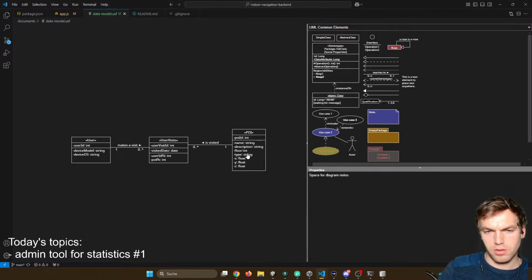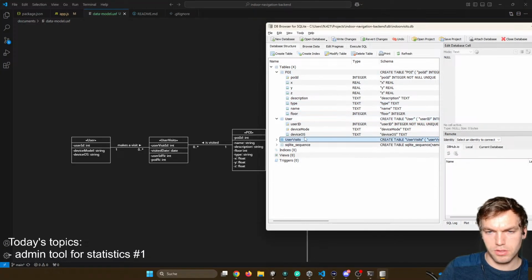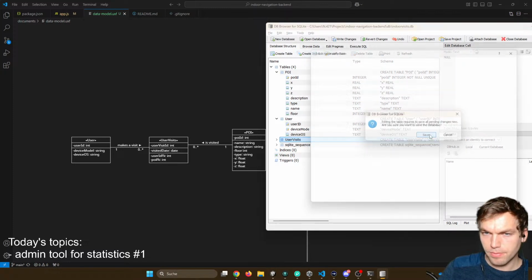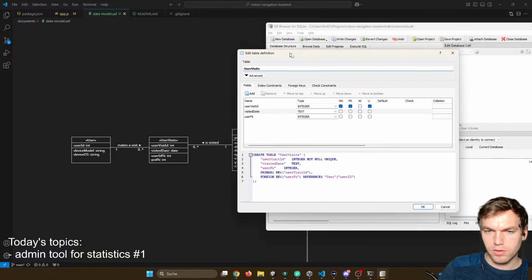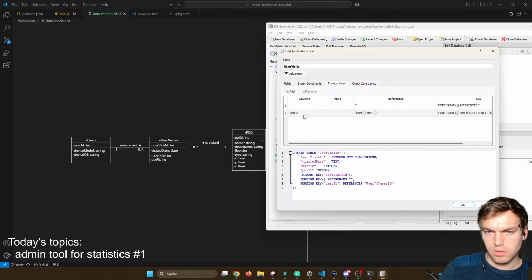And then we still have the foreign key in visits. User visits, we have the point of interest foreign key. Integer and has strength to